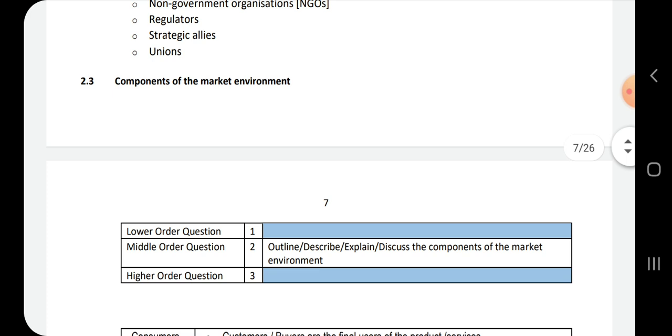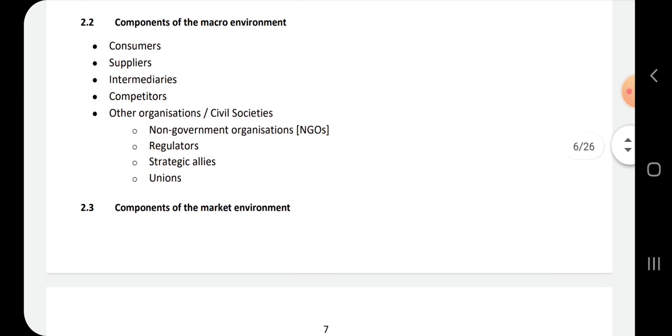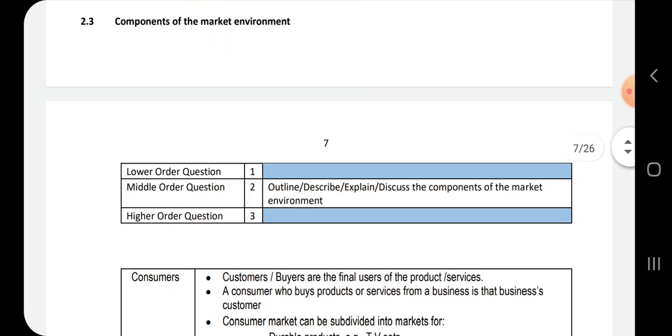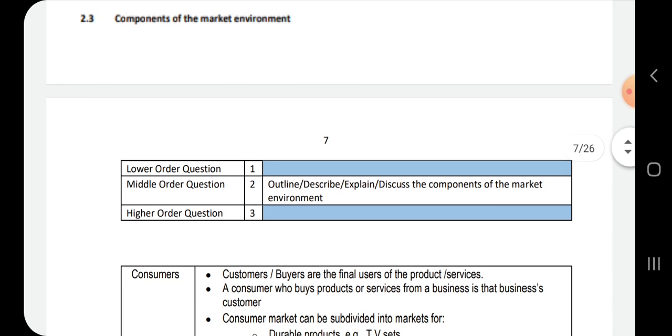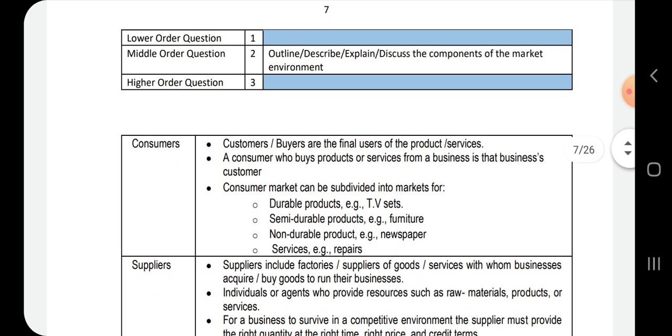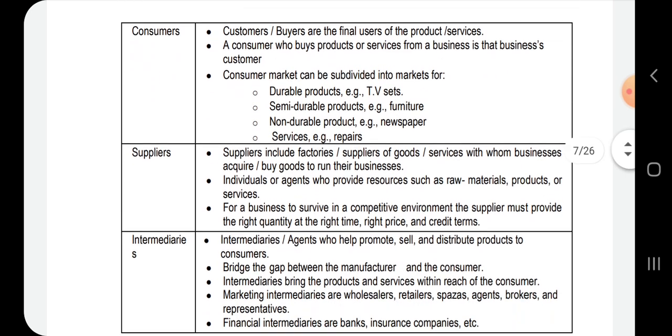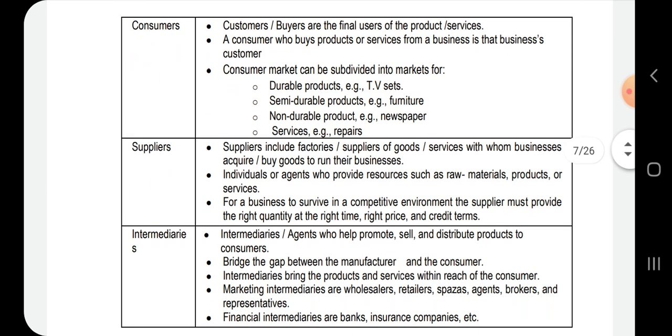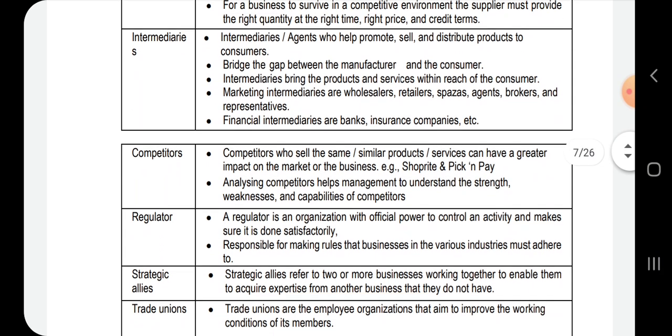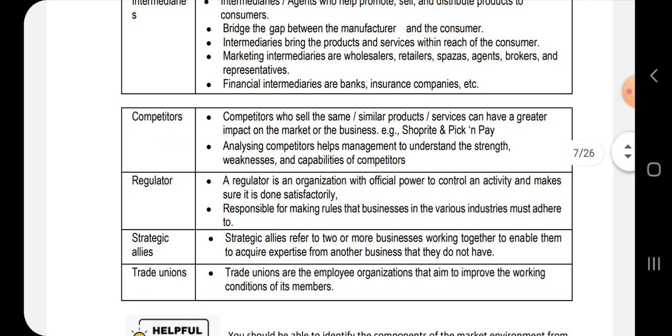So those are the components of the market environment. What questions can you be asked with regards to components of the market environment? You can be asked to outline, describe, explain, and discuss the components of the market environment. So this is how you discuss it. You will name them, the components of the market environment. We have customers, suppliers, intermediaries, competitors, and